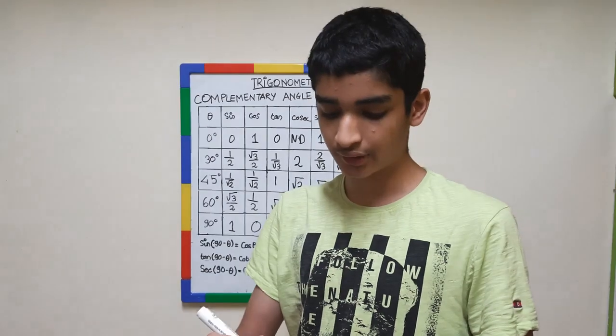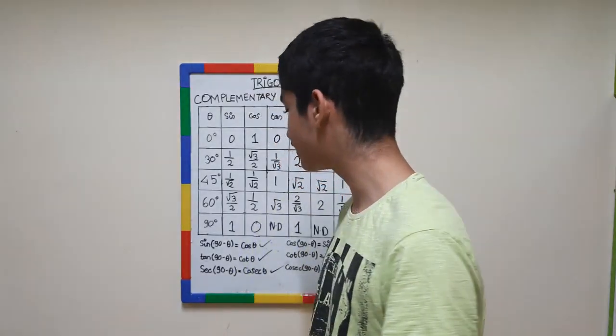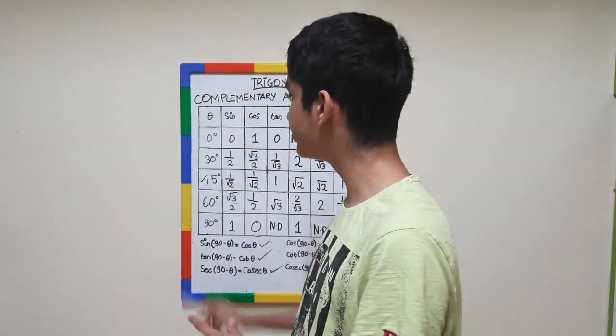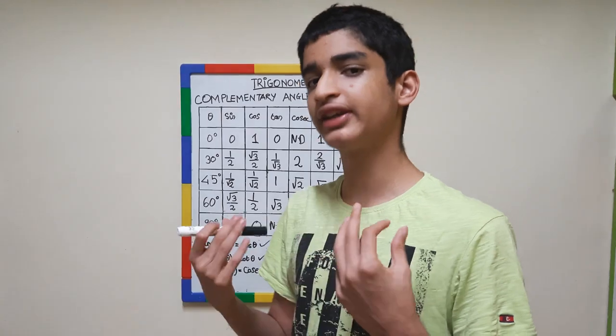Okay. So, as I told you by the hand rule in the previous video, you can just check it out and you can see these ratios and relate to it. Correct? So you just try it with any angle. You can take theta as any angle, it will hold correct.